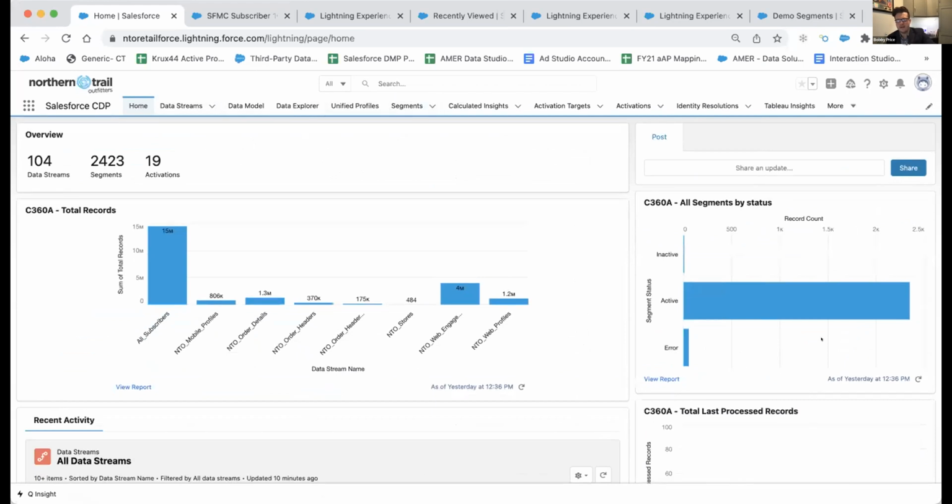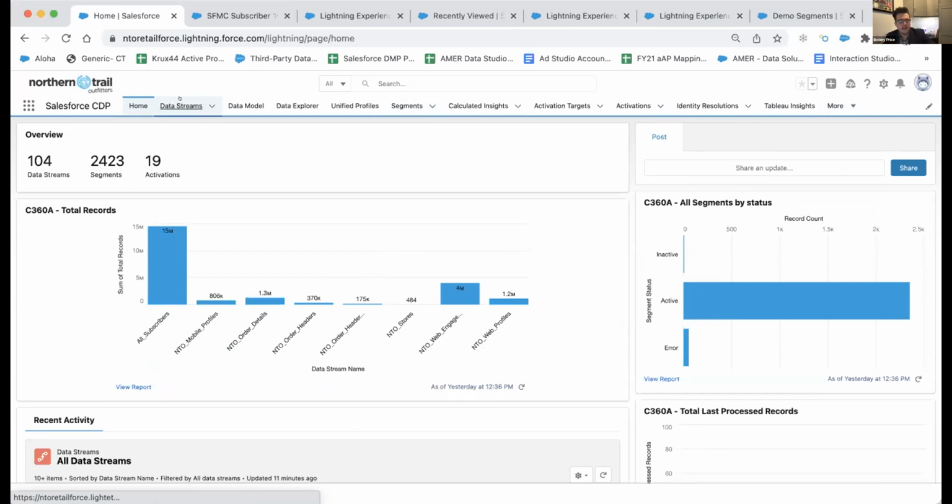Again, this is just the home screen, but all of those different tools are up for you at the nav bar. I'm just going to move that. And it's also customizable too. So what you see on my screen may not be totally what you have for CDP. One thing to keep in mind as we go through some of the demo is that we set this up for every product that we have access to, which may not be what you have. So don't feel like you don't have what you should.